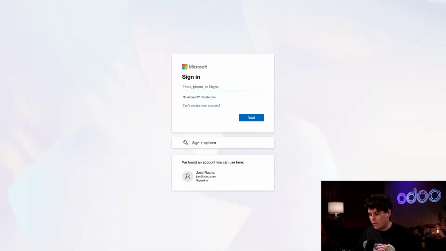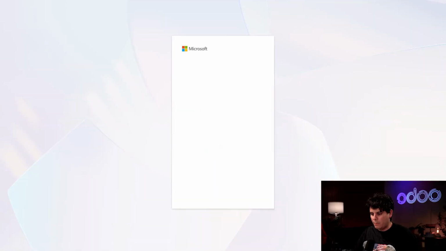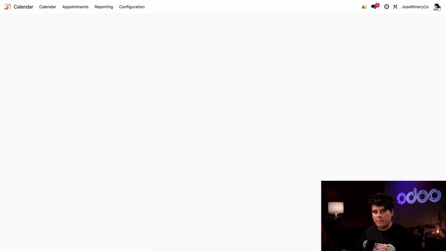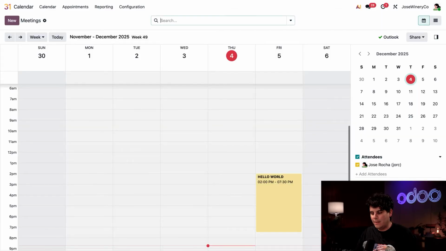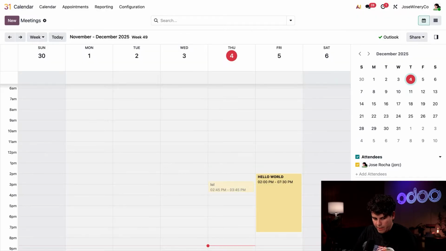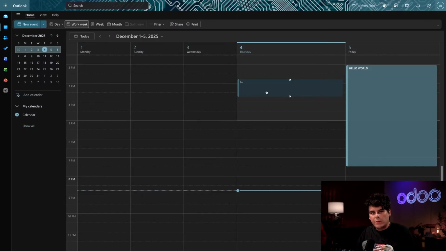All right, and this time we're getting redirected again. We're going to sign into our account, and for any of these prompts, we're going to select yes that we have in front of us. We need to. We're going to give that a second. We're going to let it reload, do its nice little magic, and then once it does, we're fully synced. Now, any events, like you see me making one right here, right now, it could be anytime or anything once that it's done. If we go open up our Outlook calendar, you'll notice over here we also have it,